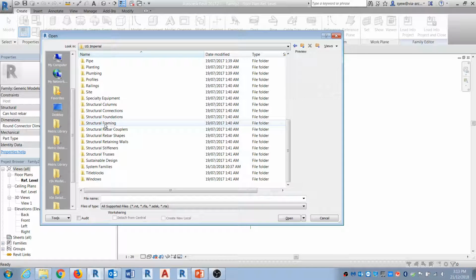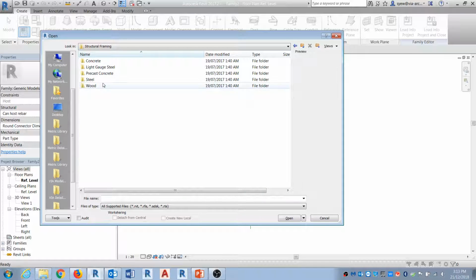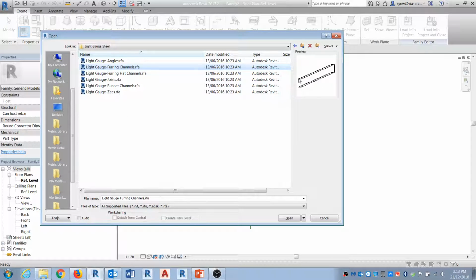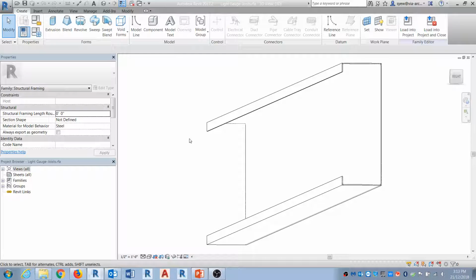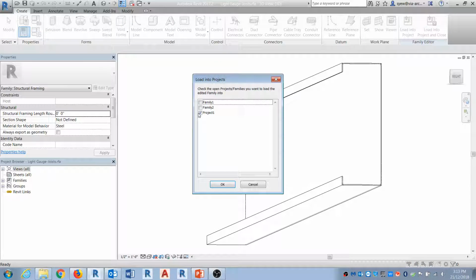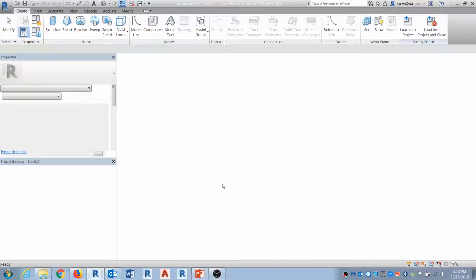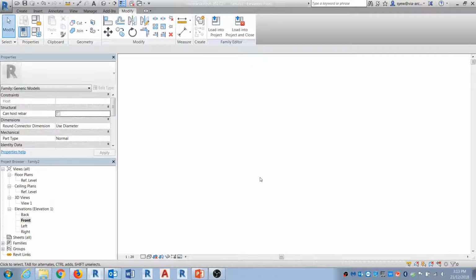So what you're going to do is choose the structural framing, choose the light gauge, and then let's choose that one. I think this is the channel, but we're going to use the joist. So the first thing you're going to do is just load it into your family 2. Okay. Next thing you're going to do,